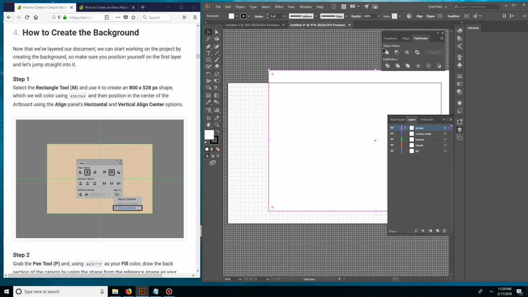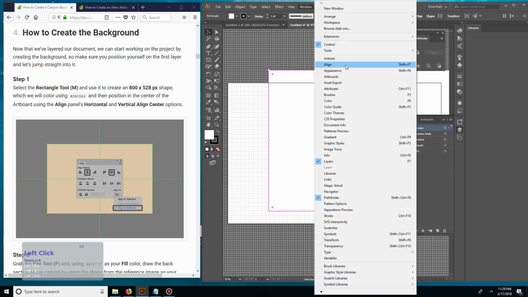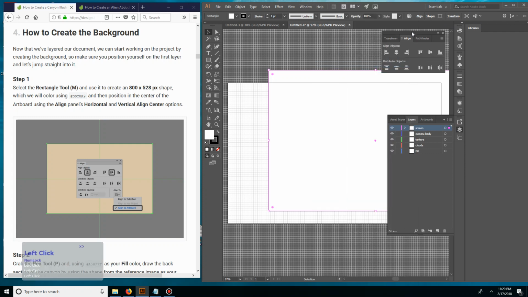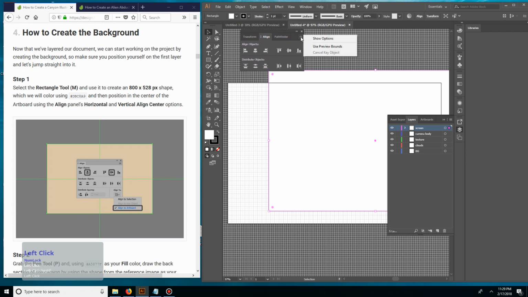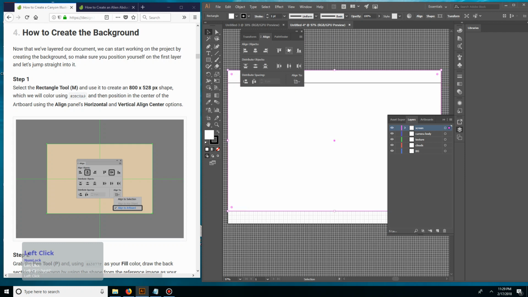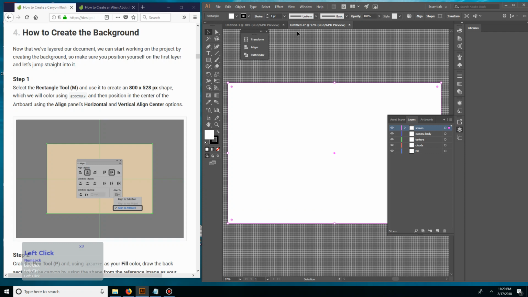Since I have the screen minimized, you don't see your align buttons up here in our control panel, but I can go to window, align, and choose options, show options, align to artboard, and now I can horizontally align center and vertically align center. And we have just matched our rectangle background to our artboard,